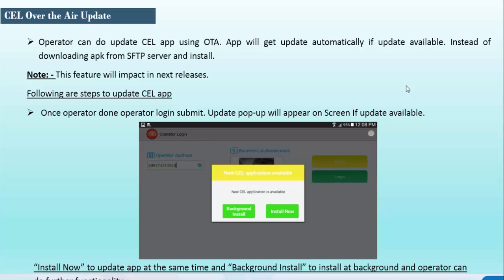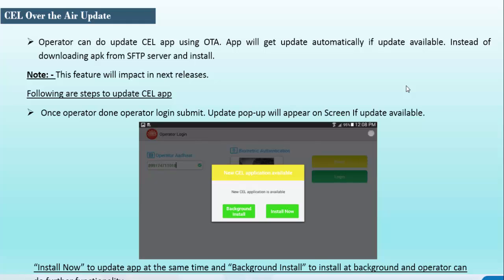The CLC client also has an OTA feature. OTA is nothing but the over-the-air feature, which is integrated with this application. This feature is enabled by UIDAI for the purpose of auto update of the software whenever a new version is released by UIDAI. In the previous clients, if any new release came, we had to uninstall the client and reinstall the client again. At that time operators had a lot of difficulties handling the people, handling the enrollment and the registration process.